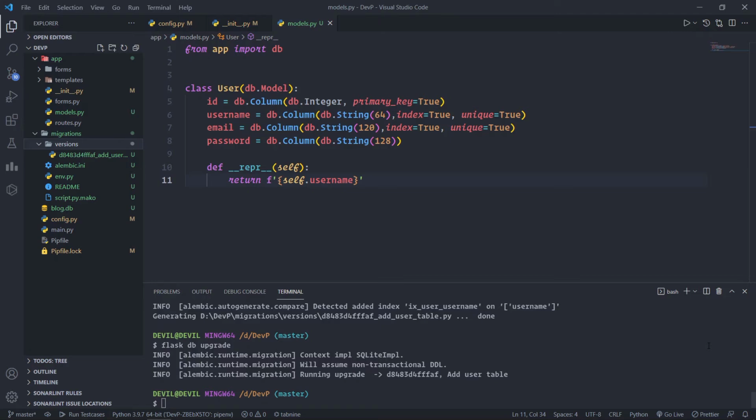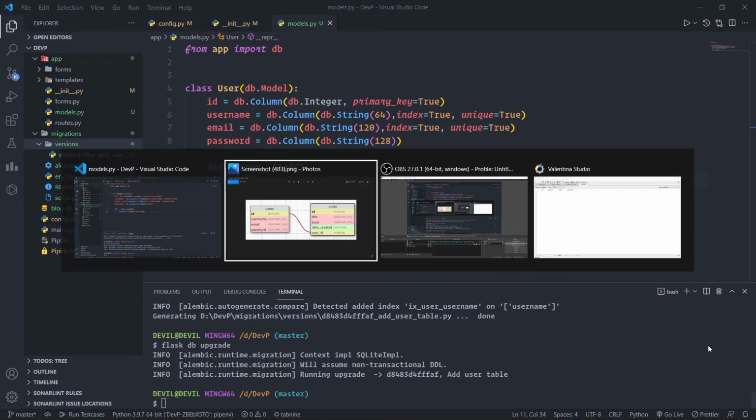So once a link between a user and the post is established, the database can answer queries about this link. The most trivial one is when you have a blog post and you need to know who wrote this blog post. A more complex query is the reverse of this one. If you have a user, you may want to know all the posts written by this user. Flask SQLAlchemy will help with both types of queries. Let's expand the database to store blog posts to see relationships in action.